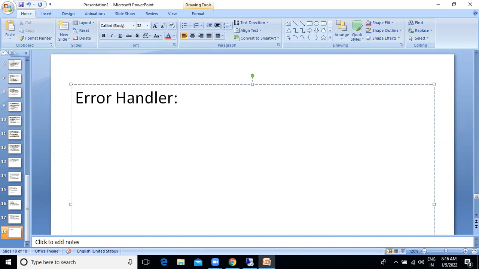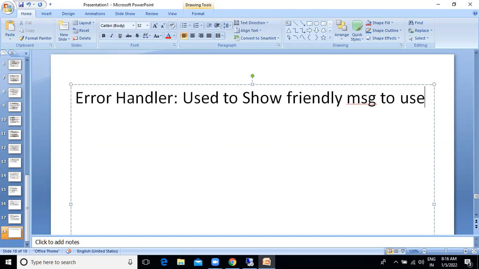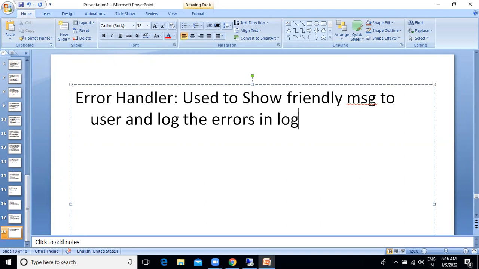Error handler is used to show a friendly message to the user and log the errors in log files. Error handler is the default Angular provider.